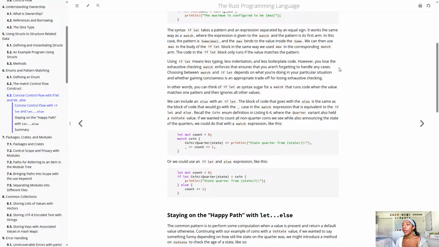We can include an else with an if let. The block of code that goes with the else is the same as the block of code that will go with the underscore case in the match expression that is equivalent to the if let and else. Recall that coin enum definition in Listing 6-4, where the Quarter variant also held a US state value. If we wanted to count all non-quarter coins while also announcing the state of the quarters,